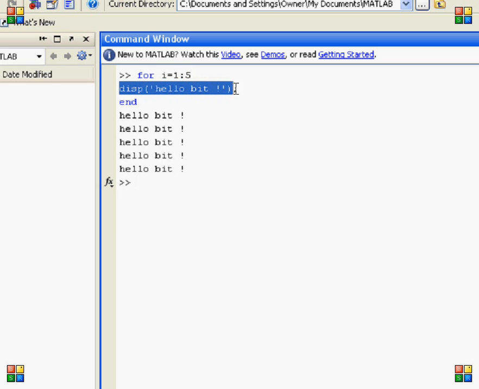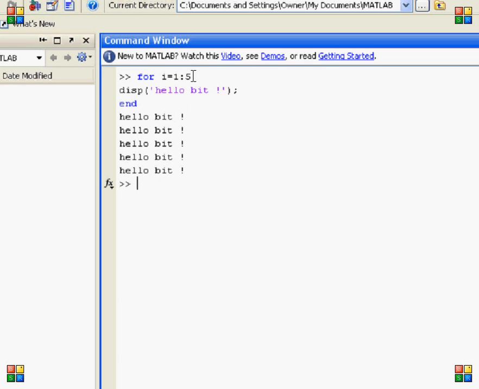Whatever is in the body of that loop will be executed 5 times, as I only inserted one line that displays this thing. So the for loop is used in such cases where I know how many times I want to execute, as in this case I know I want to execute the loop 5 times.